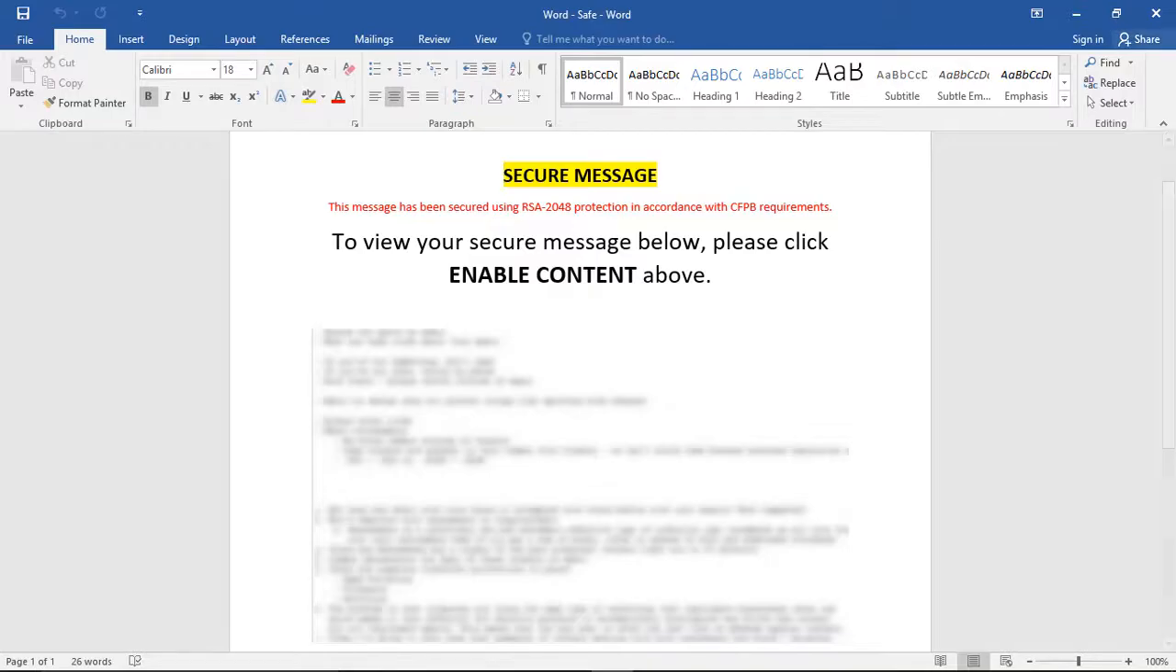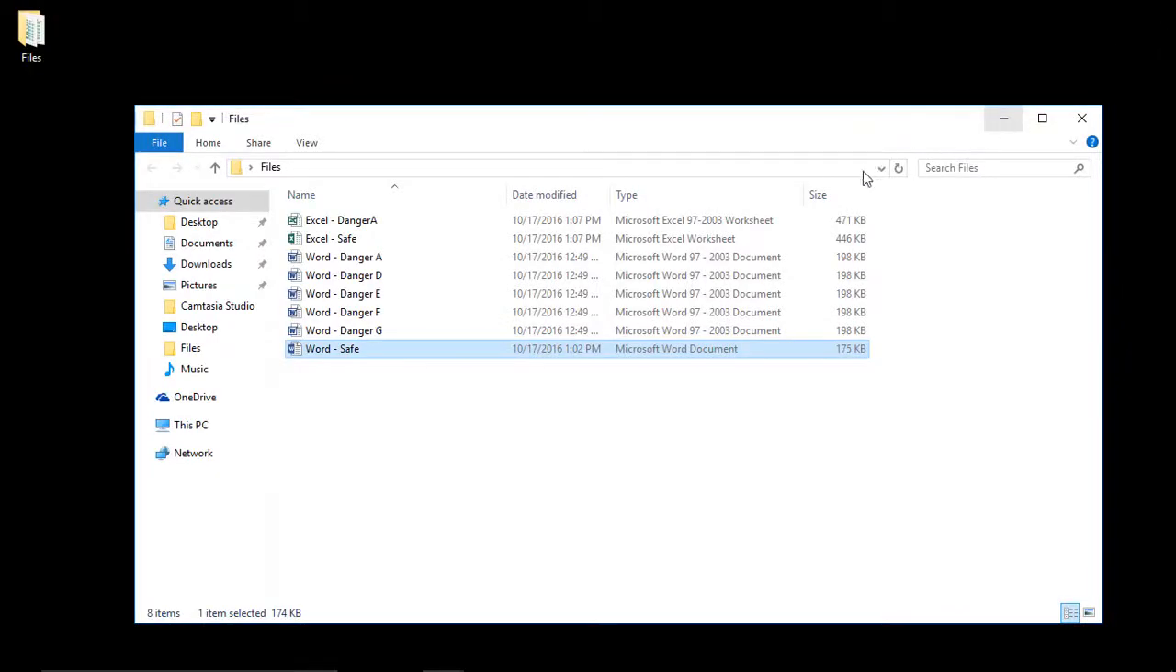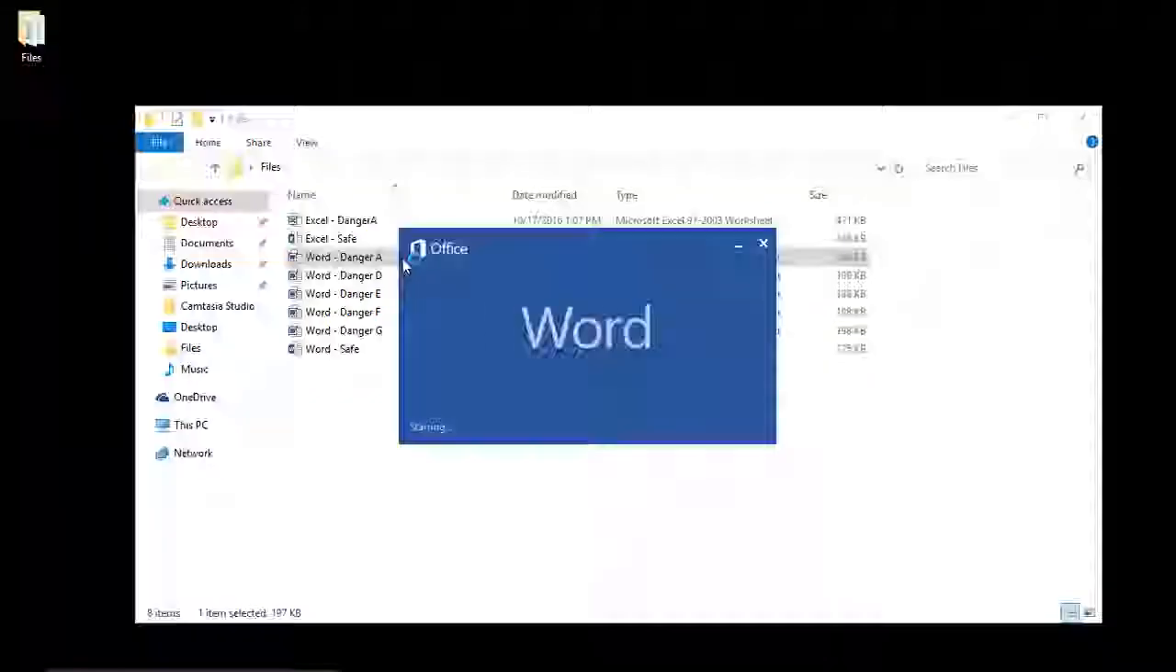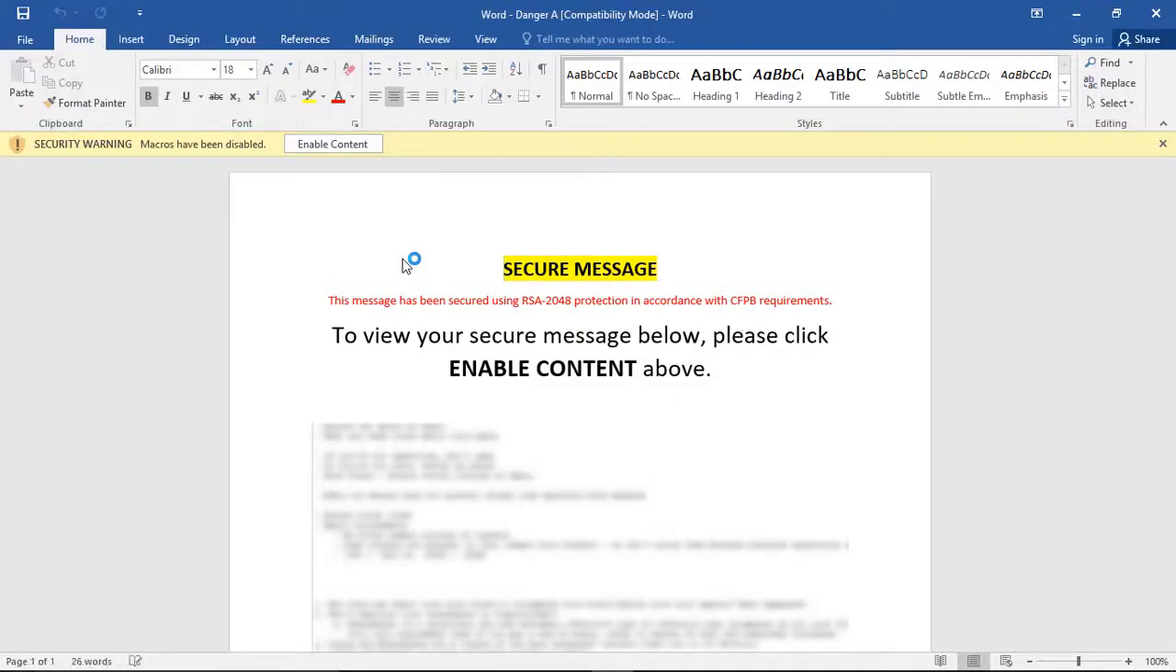Let me show you the exact same file, but in the old Word format. In this case, we see the same kind of text down below. To view your secure message, please click Enable Content above. However, in this version, we actually see a warning. It says macros have been disabled. Enable Content will turn those macros on. And at this level, this is really the only thing that is potentially protecting you from getting a ransomware infection. So if I were to click Enable Content now,